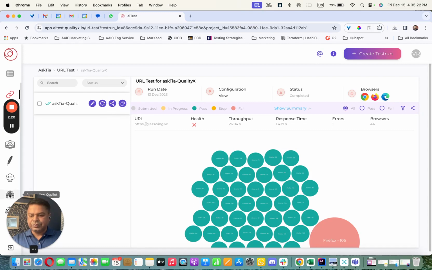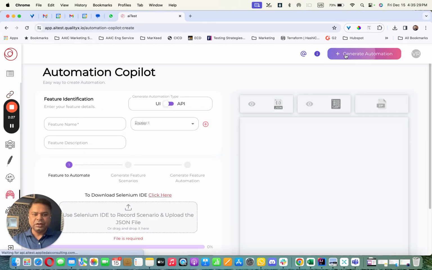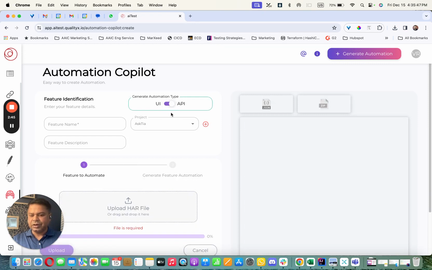Now let me move to Automation Copilot, which is basically a place where you can generate your UI or API automation code. Now we have embedded market leading frameworks and programming languages, and it supports many programming languages and frameworks today. For API, we are going to generate the code in Karate-based framework. Again, you give us some name to it, and then some feature description, ask TR, and then